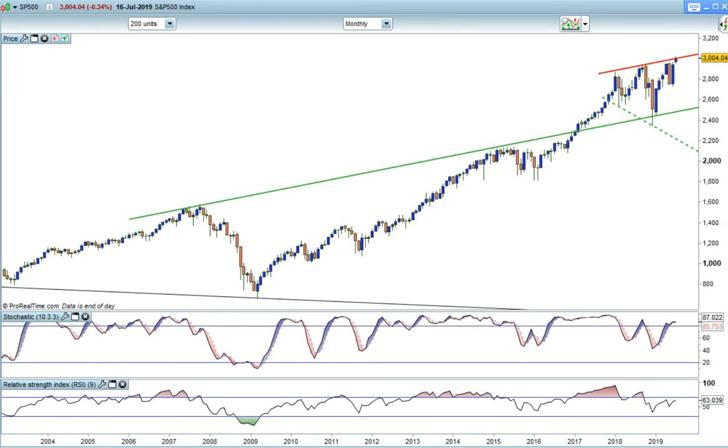So initially I'm looking at the monthly. You can see here where we've broken up through this. Now I have had a measured target on the S&P of 3031 for quite some time. It was a Fibonacci extension when we made all-time highs here. Although I can make another fib extension here and here, I want to look at what this bit offered on the projected upside targets.